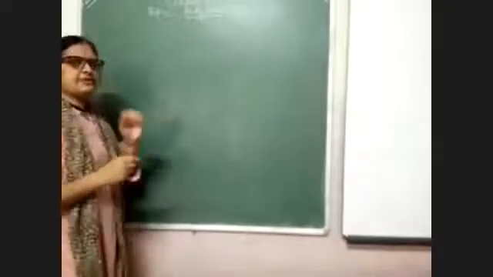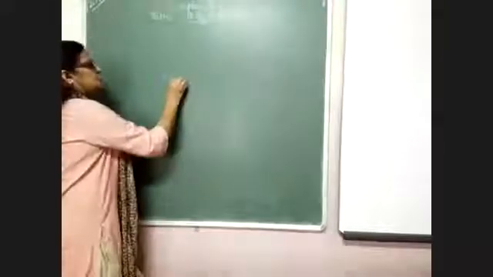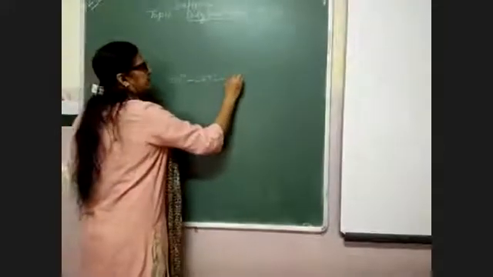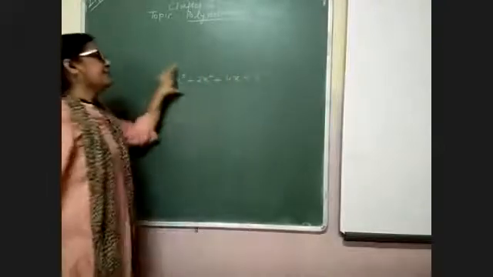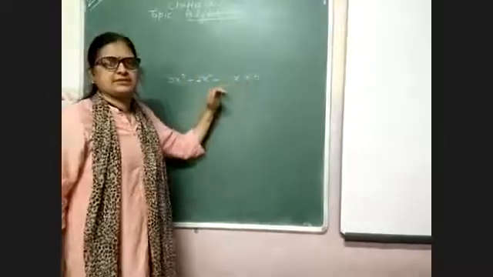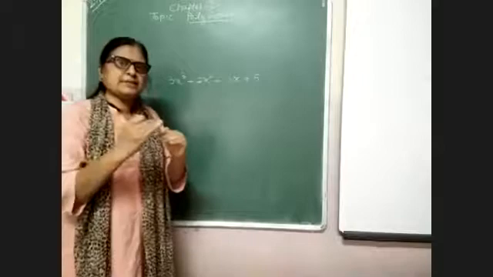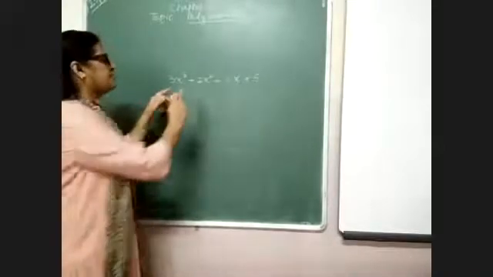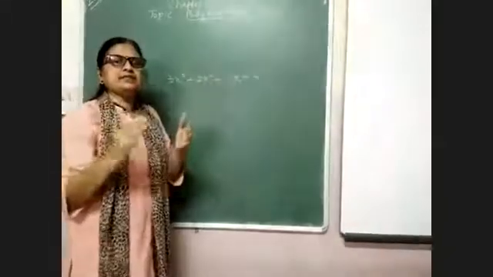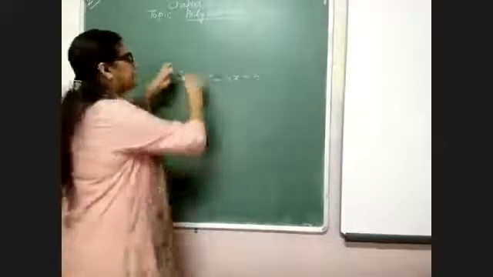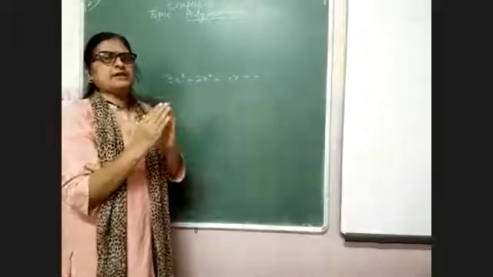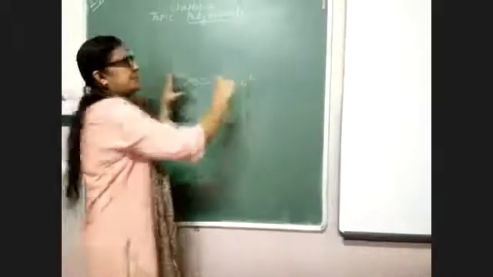Just like I will give you one example: 3x cubed plus 2x squared plus 4x plus 5. Here one variable is used, only x variable is used in the algebraic expression. And what is the algebraic expression? By using the plus, minus, divide and multiply symbols, when the combination of variable and constant is combined together, this forms the algebraic expression.